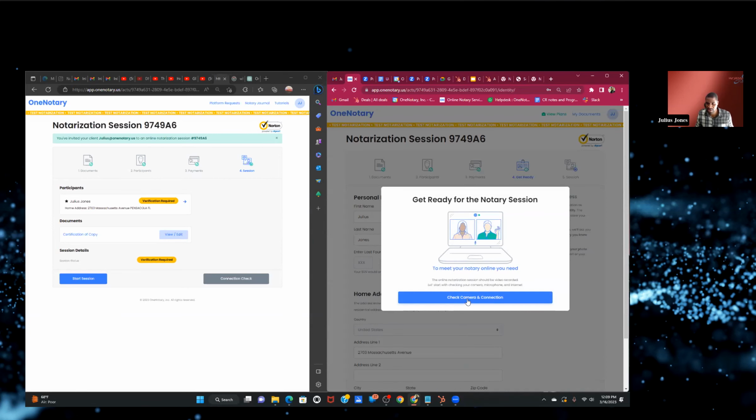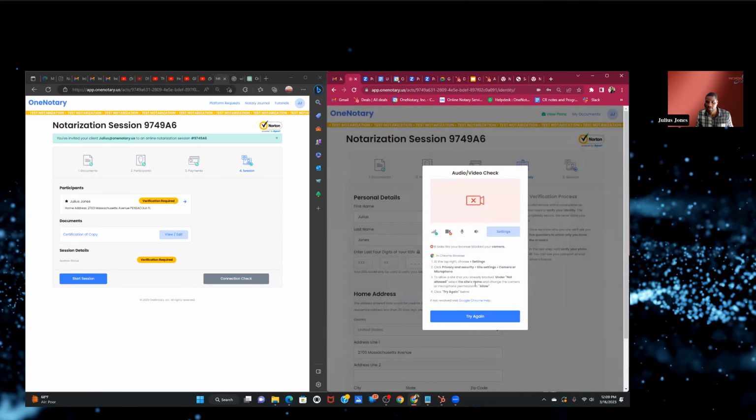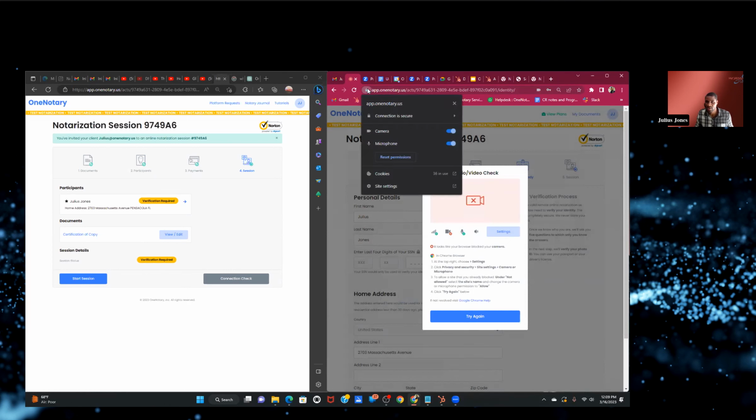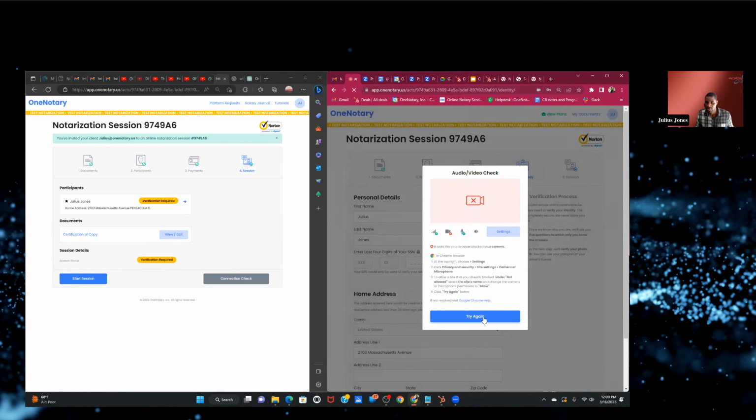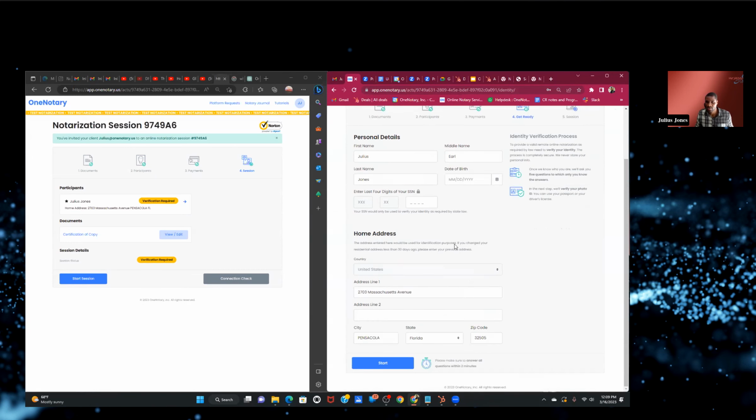Now the system's going to go ahead and check their camera connection. Okay, it looks like your browser blocked your camera. Let's go ahead and unblock these things. Settings. Okay.